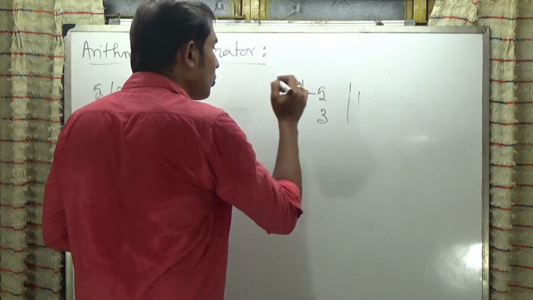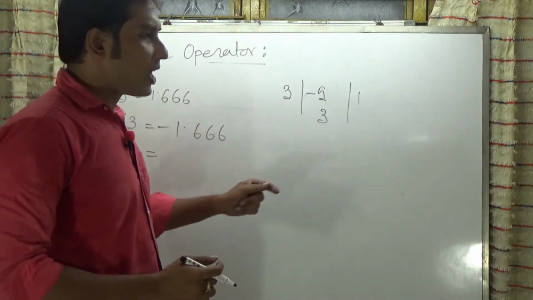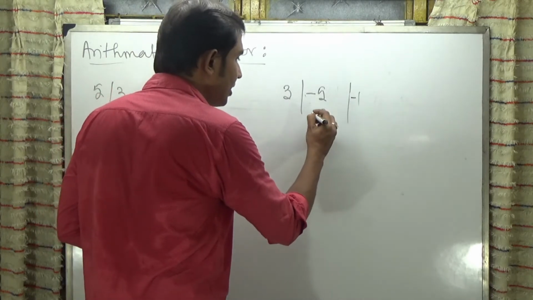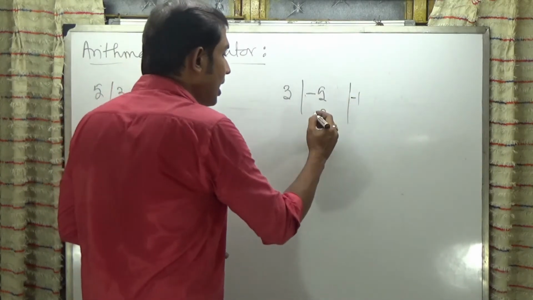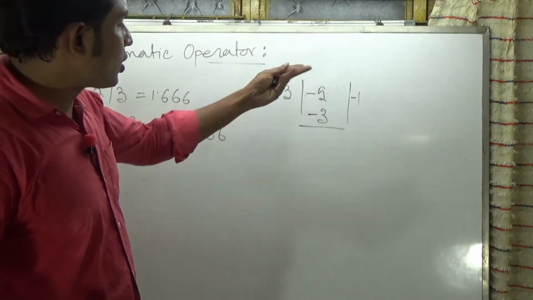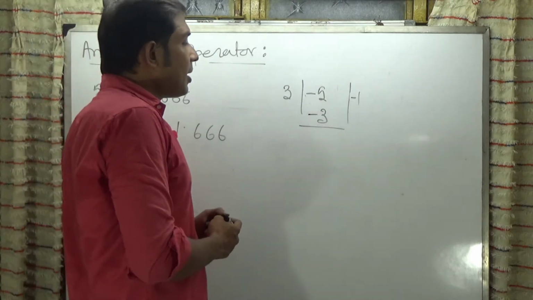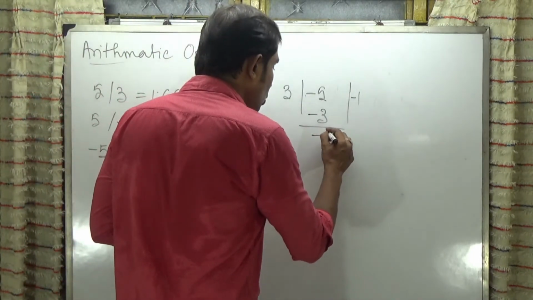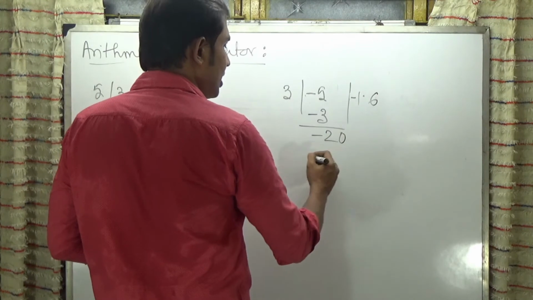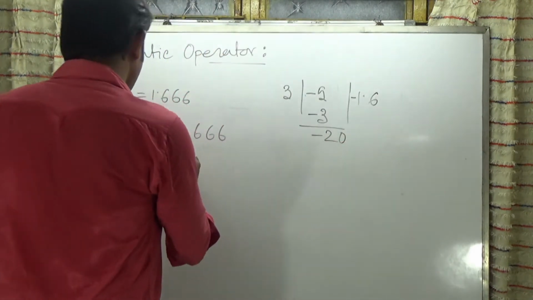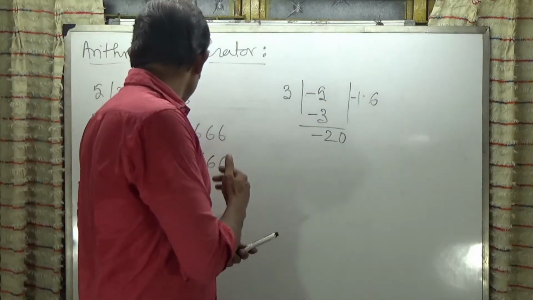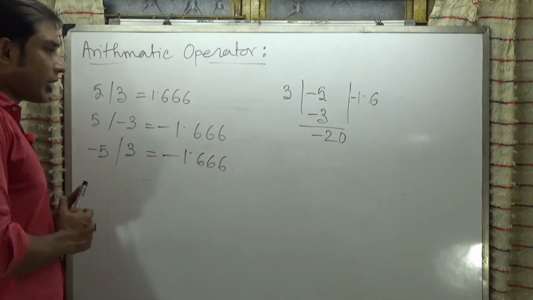Now I am putting back the sign that I erased. To get the -5, I put an extra minus sign here, and then it becomes -3. Now if we subtract these two things, -5 minus -3, it becomes -2. Then putting the zeros and then 6, it works this way and generates again -1.6666 like this. Okay, so in this way the division operator works.